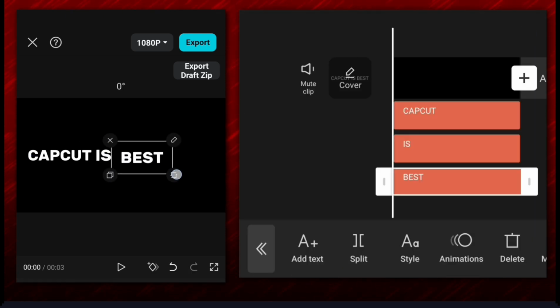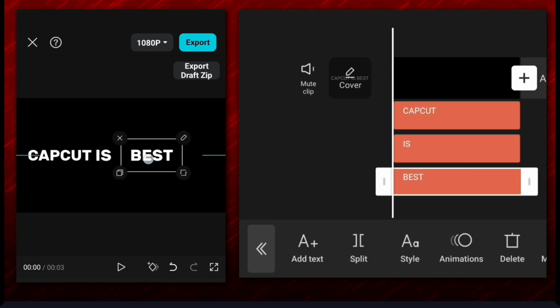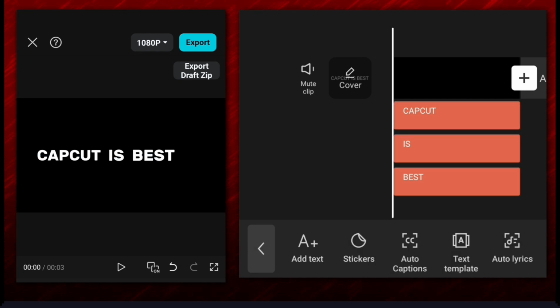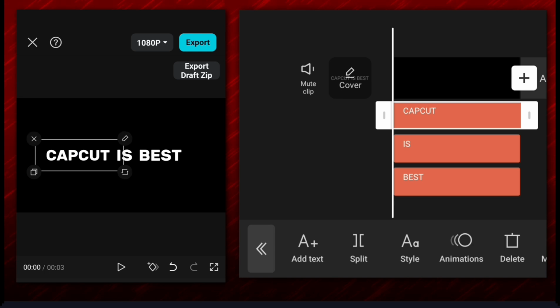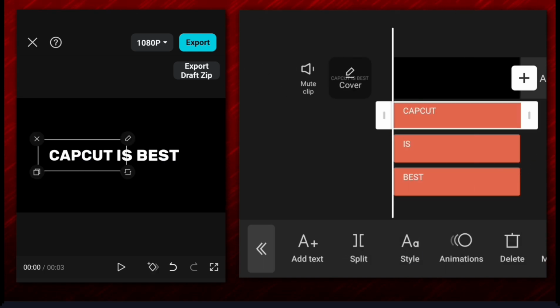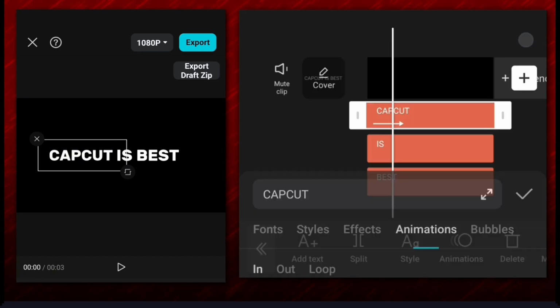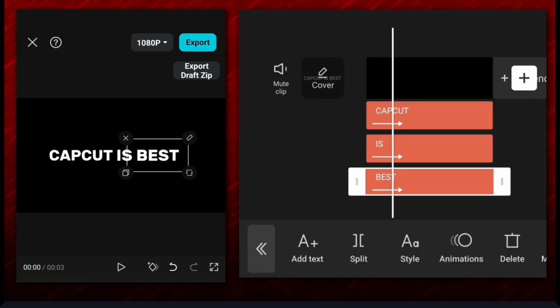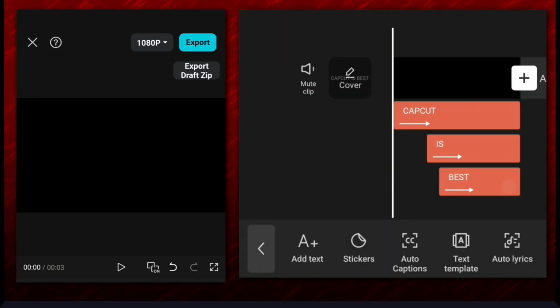So watch carefully to decide which editing app is best for you. Now that I've created the edit in CapCut, we'll compare all three apps at the end to see which one